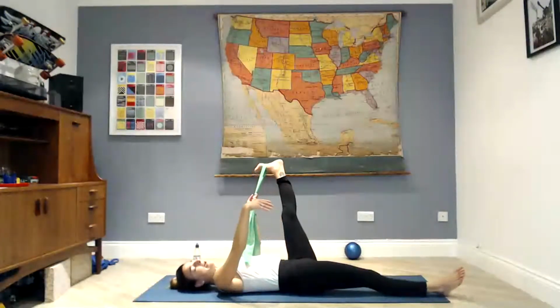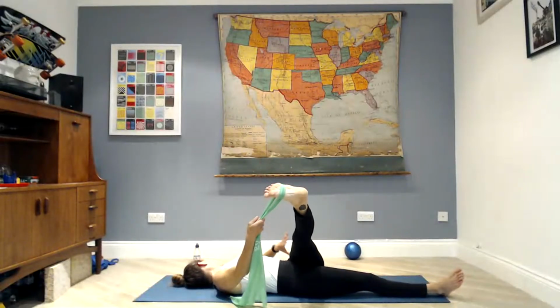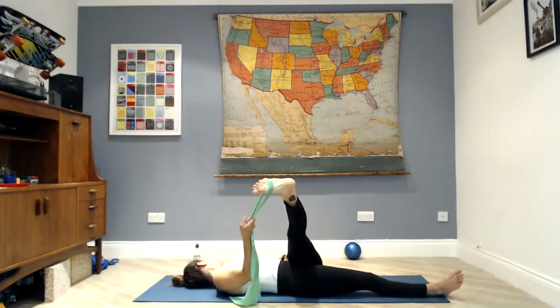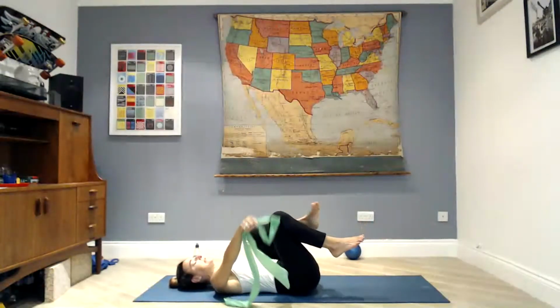And then lift the leg back to the center, switch hands, and then cross the leg over as the head turns to the left. The foot drops out to the right, kick that heel away, circle your foot a couple of times each way. And then pull the band, and then come back to the center, pull it one more time here. And then drop your band, cross your right ankle over your left knee, use your right hand, press